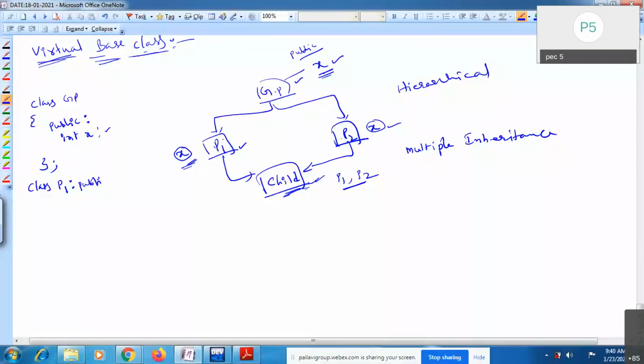This is about p1. Now inside p1, by default x is visible. In the same way, p2 is also derived from grandparent.